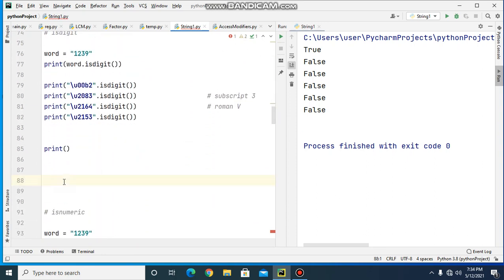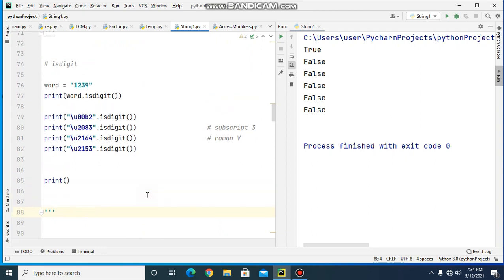Now we will see this isdigit method. Here in the string we have digits 1, 2, 3 and 9. So isdigit will return true. And for superscript 2 and for subscript 3 it will also return true.